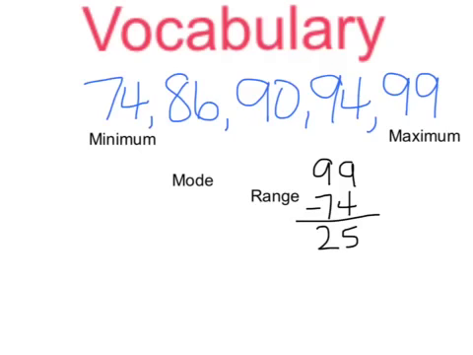The mode is the value or values that occur most often in a set of data. Sometimes there will be no mode. In the case of this set of data, there is no mode because there is no number that appears more